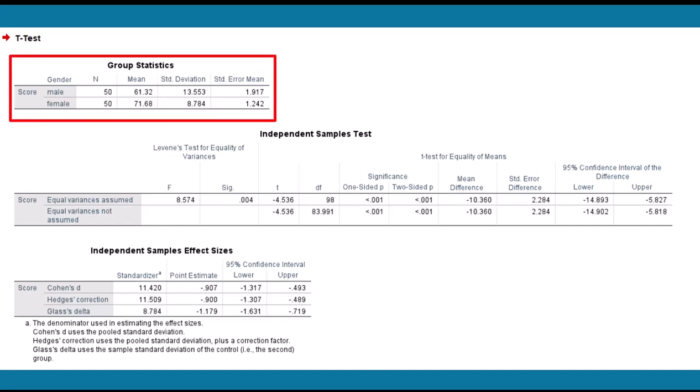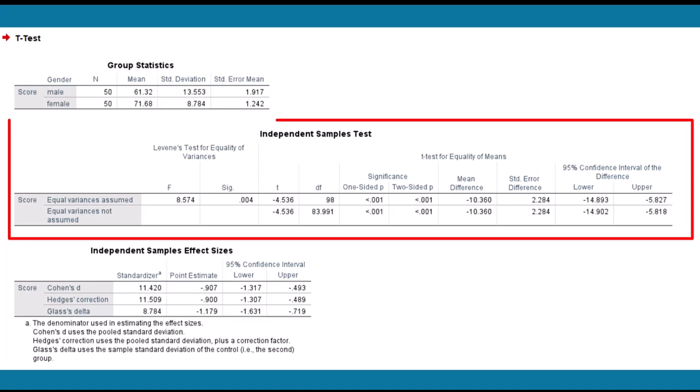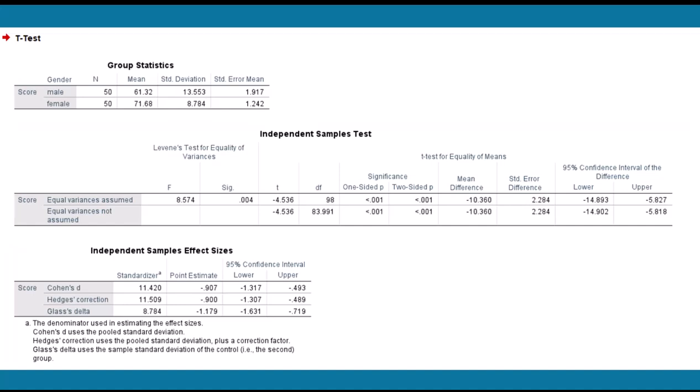The group statistics table is just like the one we saw in the one-sample t-test. We have some basic descriptive information about the two different groups that we're comparing. The second table is similar to the one we saw in the previous example, except that it includes some additional information. Remember that one of the assumptions for the independent samples t-test is that the variances of the two samples have to be about equal. These first two columns conduct a Levene's test to find out whether or not this assumption